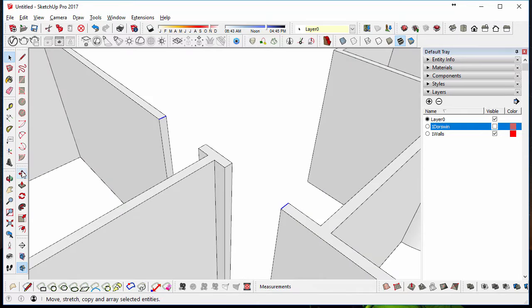Then with the Move tool, I can press Control on my keyboard, click, and move down those lines 700. And if I'm not happy with that, I could actually say 600. I can keep modifying the distance as many times as I want until I change my tool. So if I push spacebar, I can no longer modify that distance, unless I just go undo and redo it all again. Next, I want to push pull all the lintels across,